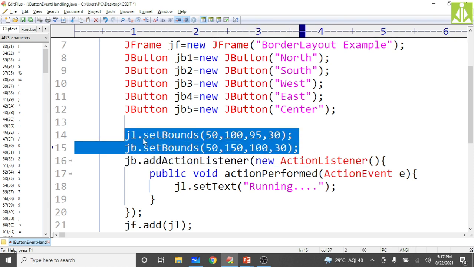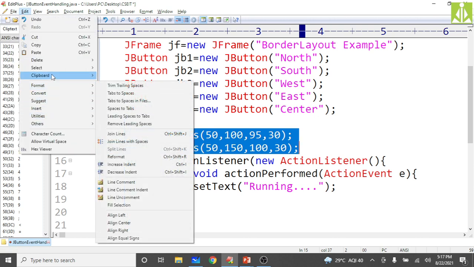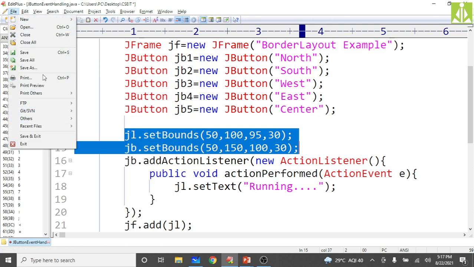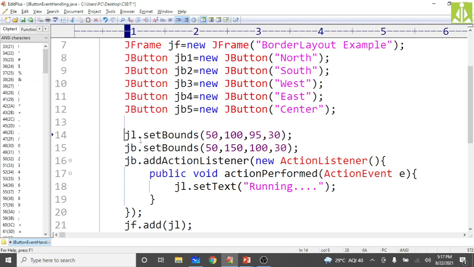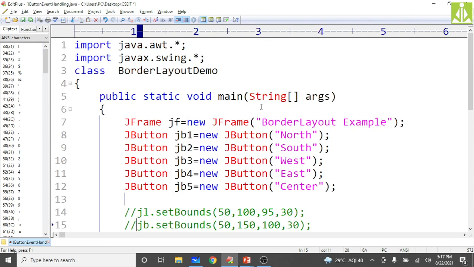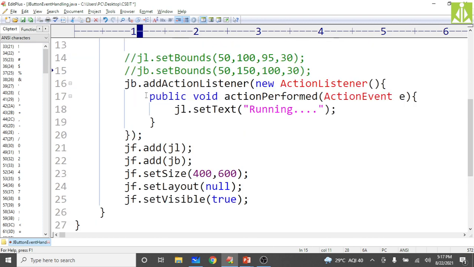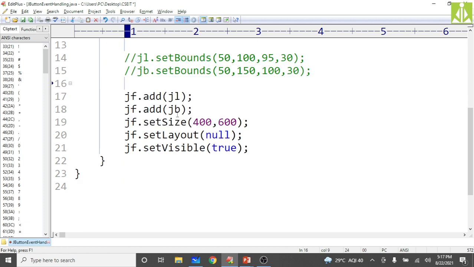So we do this with the help of comments, so where we have comments, okay, let it be here, we are not seeing comments. So no setBounds method, because we are doing the positioning with the help of this border layout manager now. So no action performing, so you can add the actions, events also. So no event action performing, so I'm removing that one.